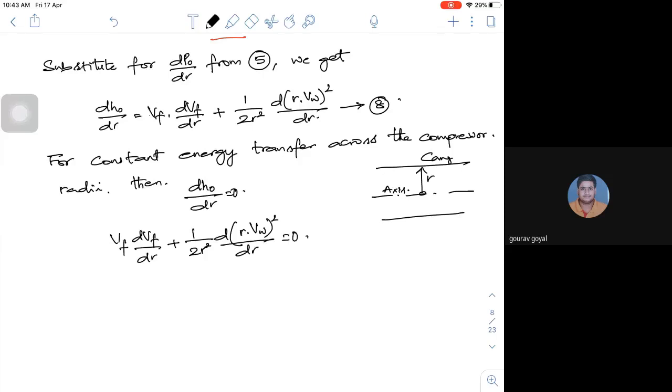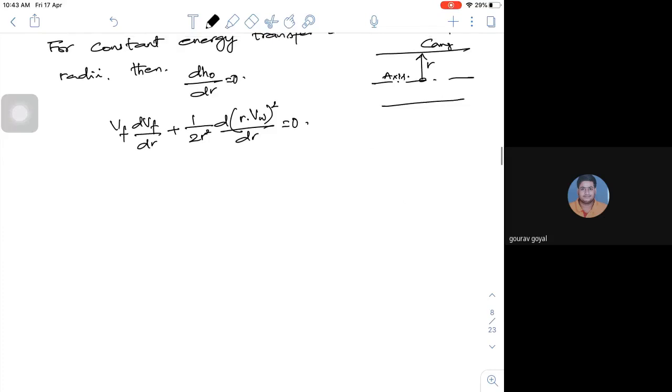If I simplify the same thing, I'll end up with what I got for case 1 also. So this will be 2 into dVf square by dr square. The 2 will go to the denominator of the RHS. So I can write 1 upon r square into d of (r Vw) whole square by dr